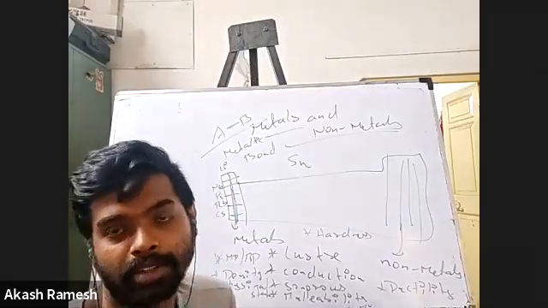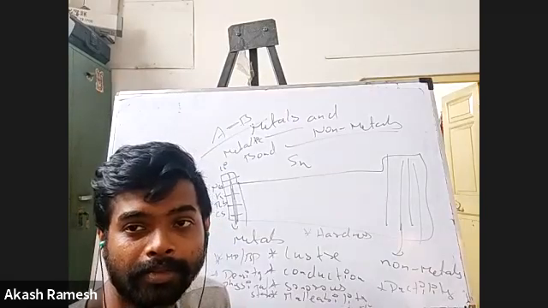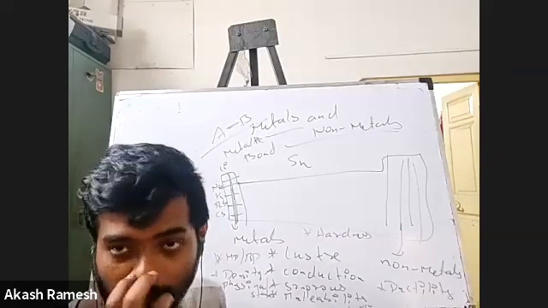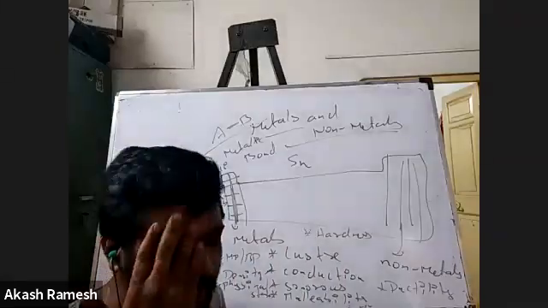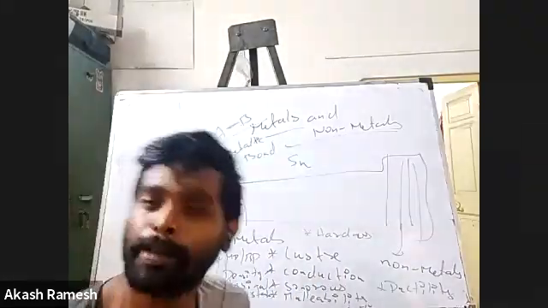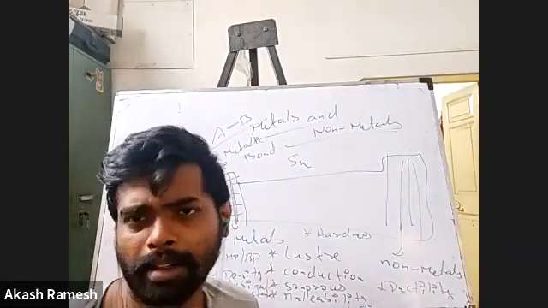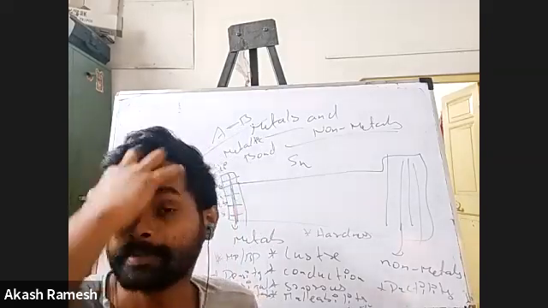Again, I can have exceptions in non-metals being solid. Any examples? Carbon. Yes, carbon. You see carbon in nature as coal or graphite or diamond or fossil fuels. Petroleum is not only carbon, it is carbon plus hydrogen. But anyway, you generally see carbon in solid state. Any other non-metal which will be in solid state?